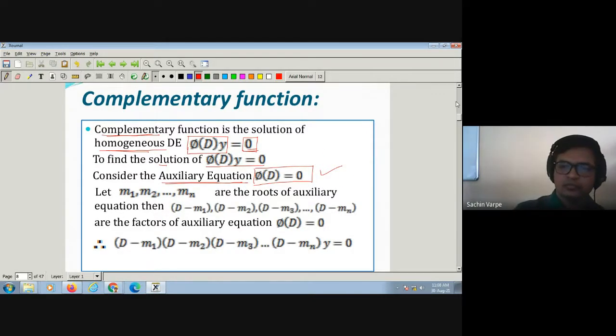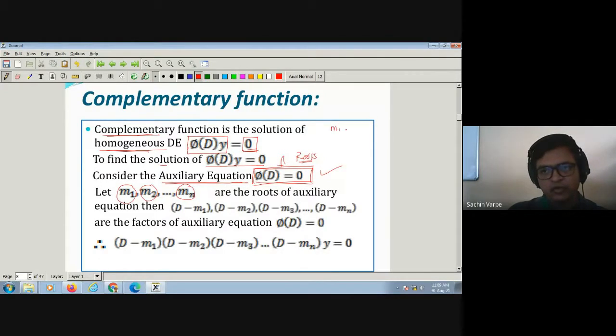So by using those methods, we have to solve this auxiliary equation phi of D equal to 0. We'll get the values of D. Those values are called roots of this equation. Right? Roots. Suppose those roots are m1, m2, and so on, mn in general. Okay, then